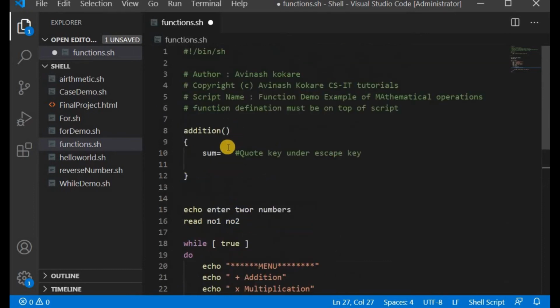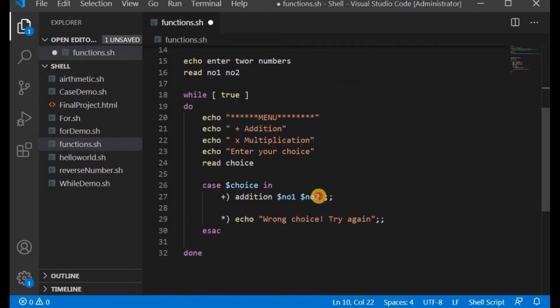So here sum equals to expr, and we have to write $1 plus $2. Remember, these arguments are considered as command line arguments in shell script.